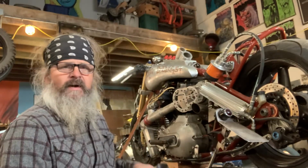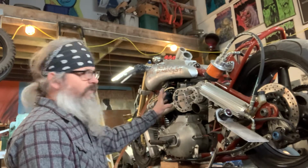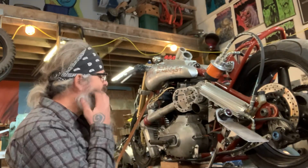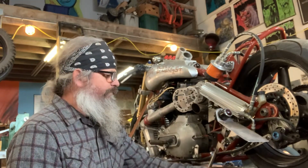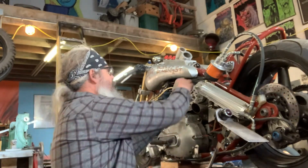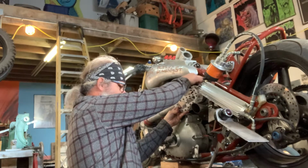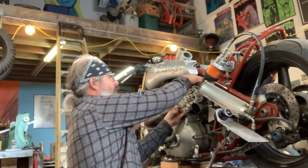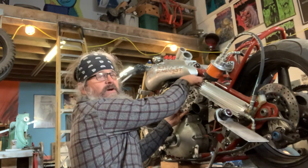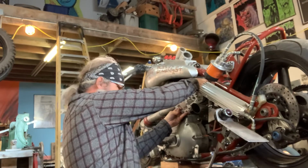Okay, so today I wanted to talk about the air cleaner some more. I've got it mocked up here and installed on the bike. I still have the strap to do around it, but it was really time consuming getting all these bolts and everything sorted and all the threading done, because you want to get as much of that done as you possibly can, and make sure your fit is good, because